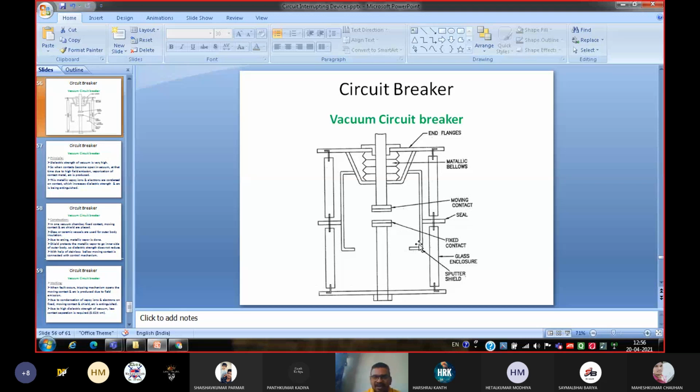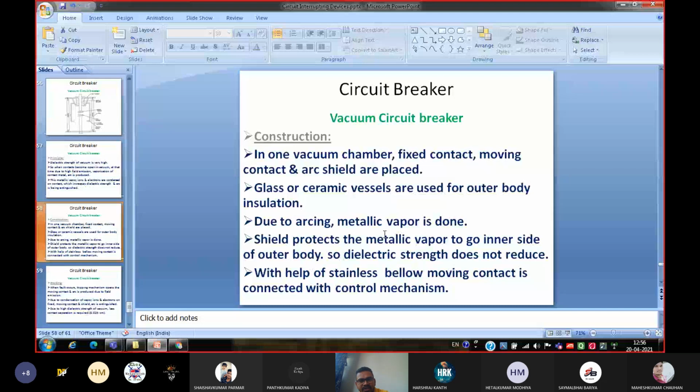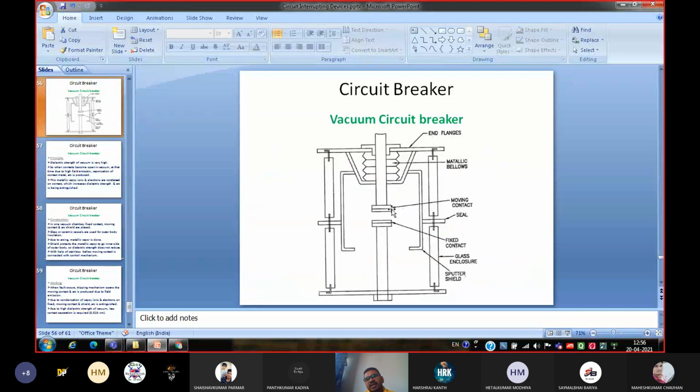So as the metallic vaporization remains in the inner body, near the contacts, the dielectric strength will not reduce. Dielectric strength will not reduce. With the help of a stainless steel bellow, the moving contact is connected with the control mechanism. How? When a fault occurs, this moving contact will move upward, but how does it go upward, or how do the moving contacts become separated from the fixed contact? It is connected with this metallic bellow, and with this